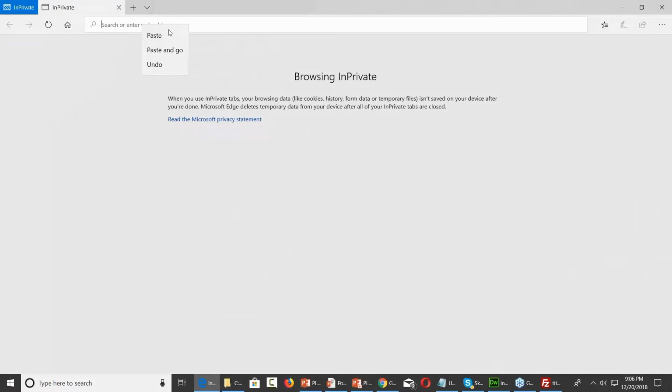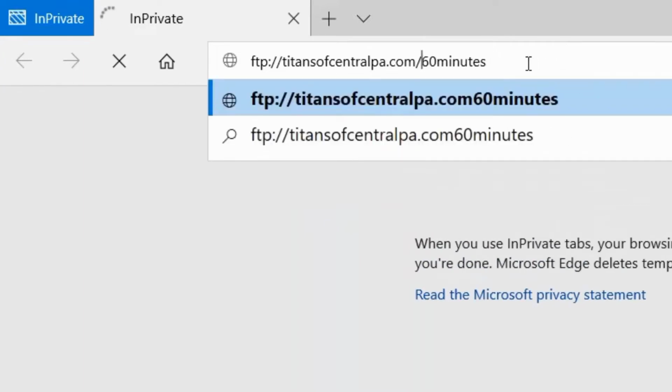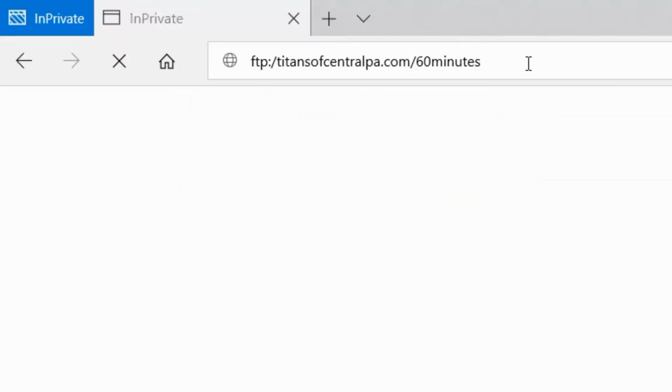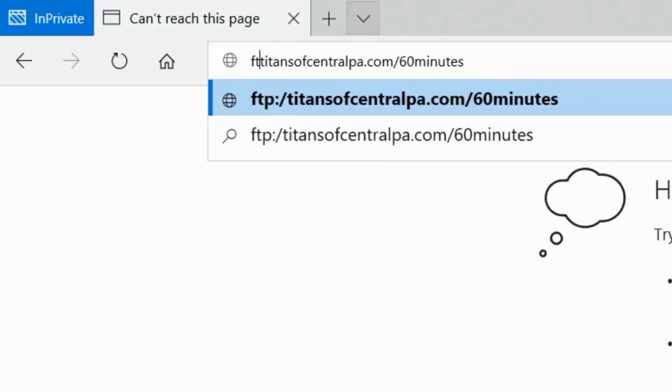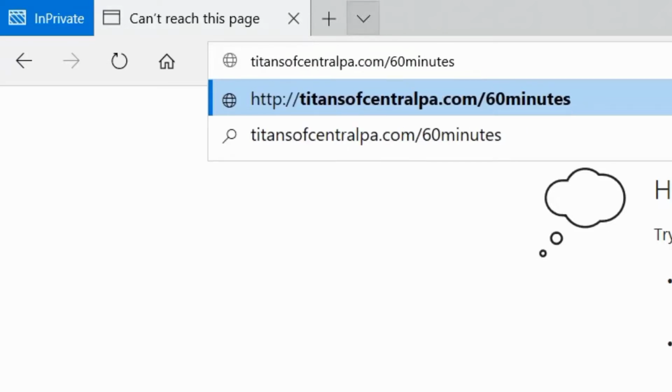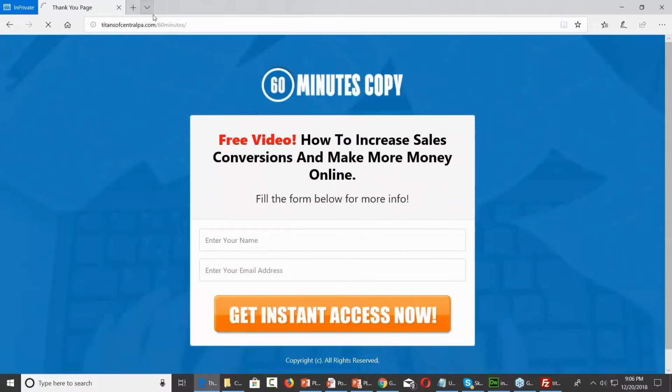So what I'm going to do is put this URL in here. Remember, I'm going to take out the public HTML when I'm testing, and then I'm going to take out this FTP, because that will not give me a correct URL. And then I'm going to hit enter, and here is my squeeze page, right? So basically, if I put my name and email address in here,